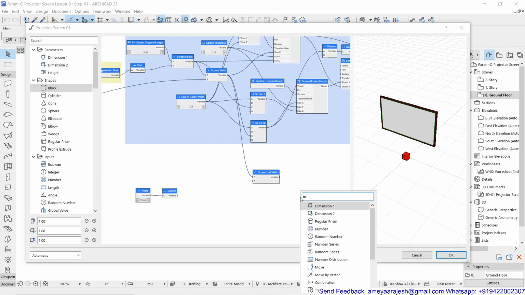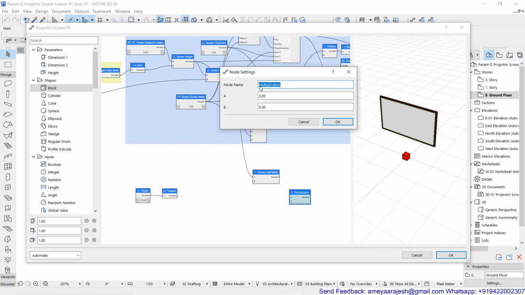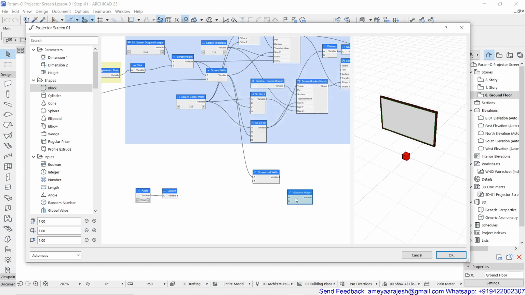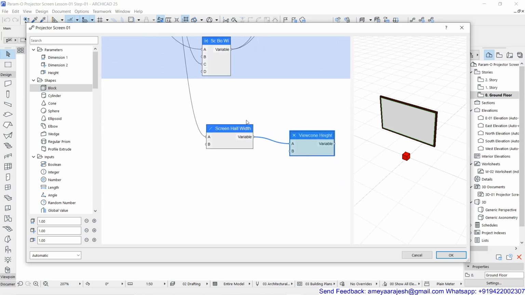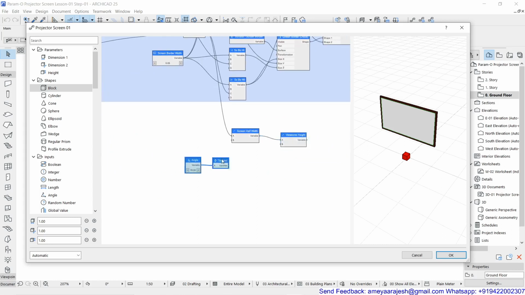So I'm going to say multiply, and this is your value for that A. So we can say view cone height. This is totally your choice, whatever you want to write over here. Now this A value, my screen half width, will get multiplied by my tan theta value.